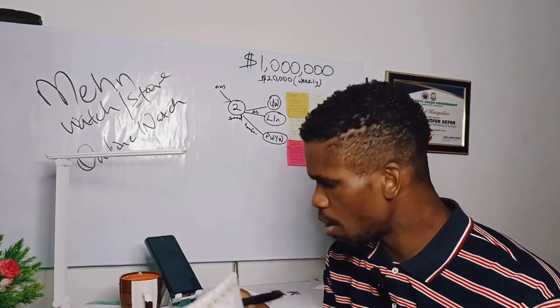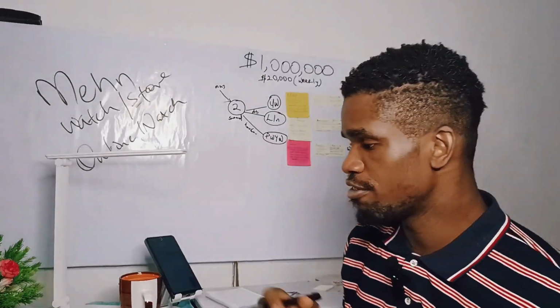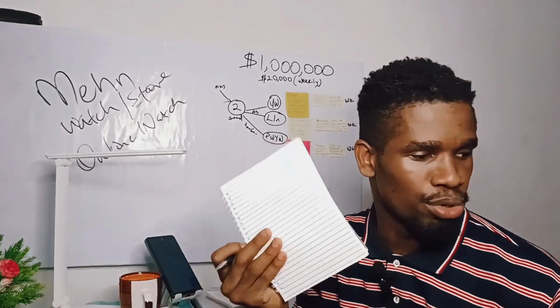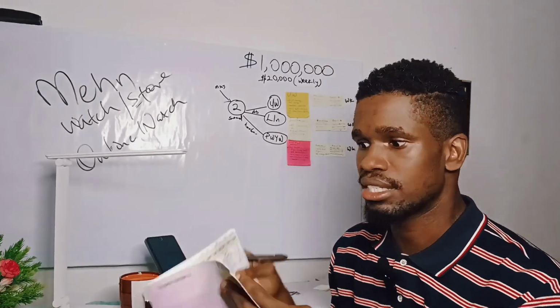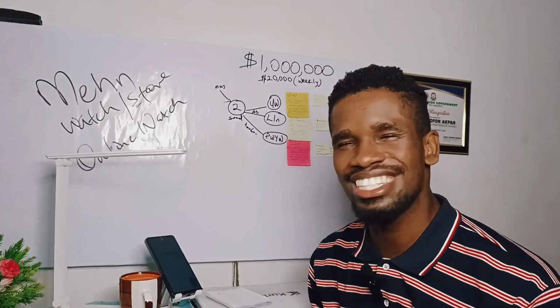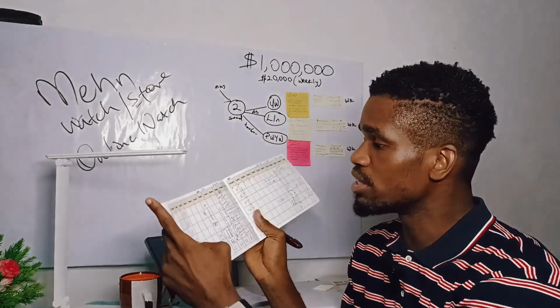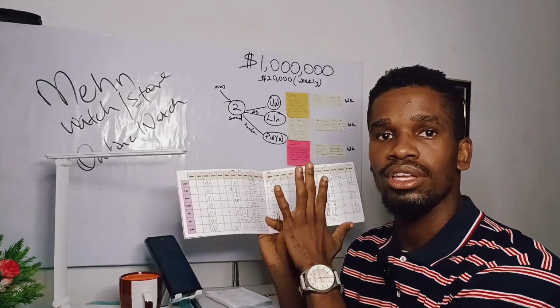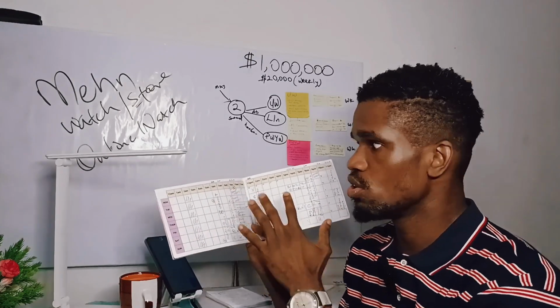We're just having conversation. And now he brought out an A4 paper, just a random plain book where he had his time laid out like this. And when I saw it, I was like, damn, how come no one told me? How come I didn't think about this? So the moment you lay out your time like this, your life becomes easy. You feel very naked seeing your time like this.